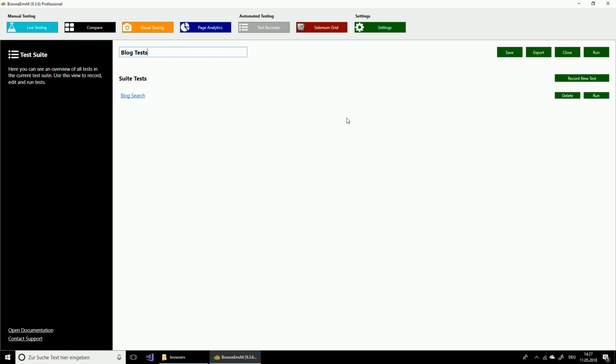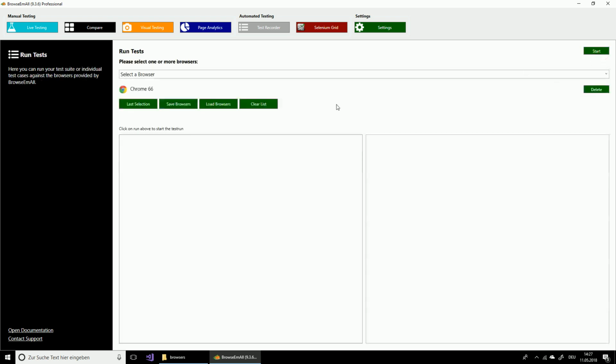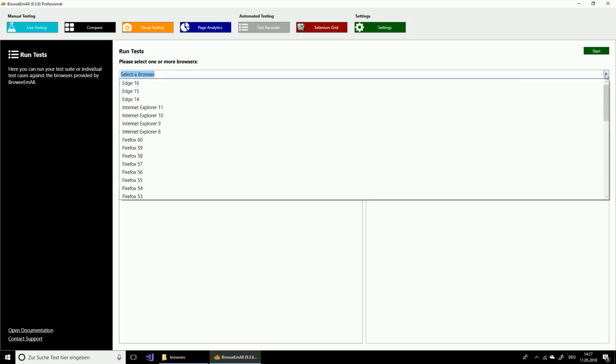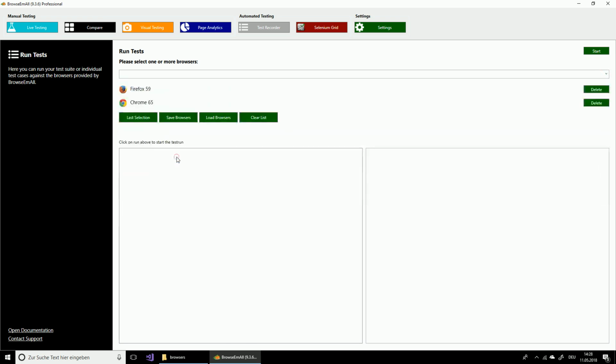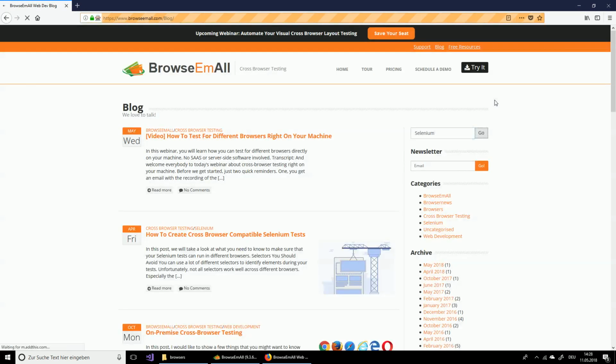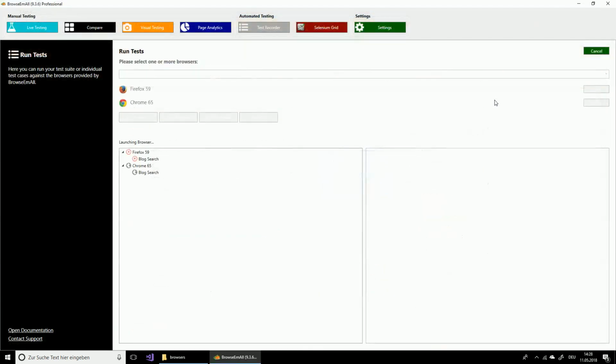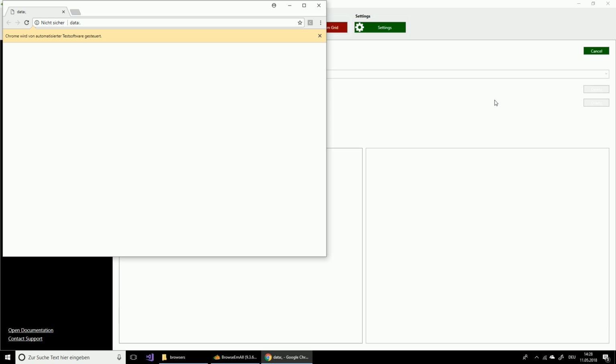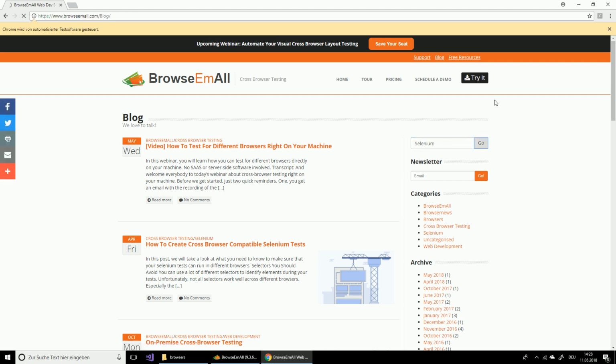And the awesome thing here is that now we can use the run button to run this test again against as many browsers as we want. So let's say, for example, we want to run it against Firefox again and against Google Chrome. We can do so simply by clicking Start here after we selected the browsers. Of course, we can see here that the test is executing the search, and the test in Google Chrome is running as well. You can see to the right it is executing the search,